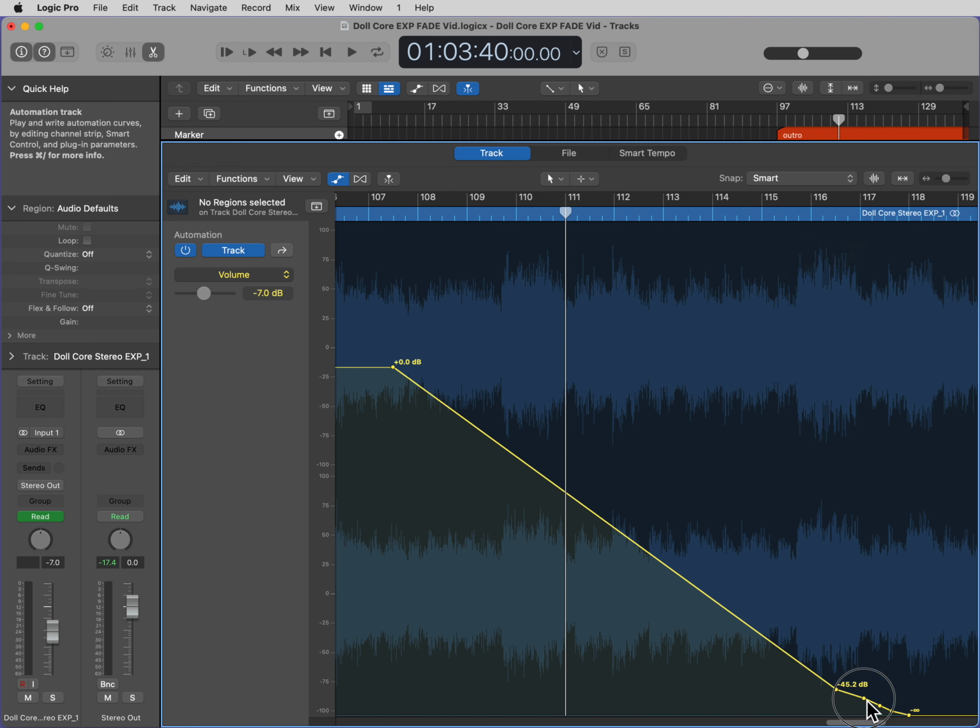So I want this to be a little bit straighter. Okay, the top, I'm going to make it a little less noticeable that the fade is starting.